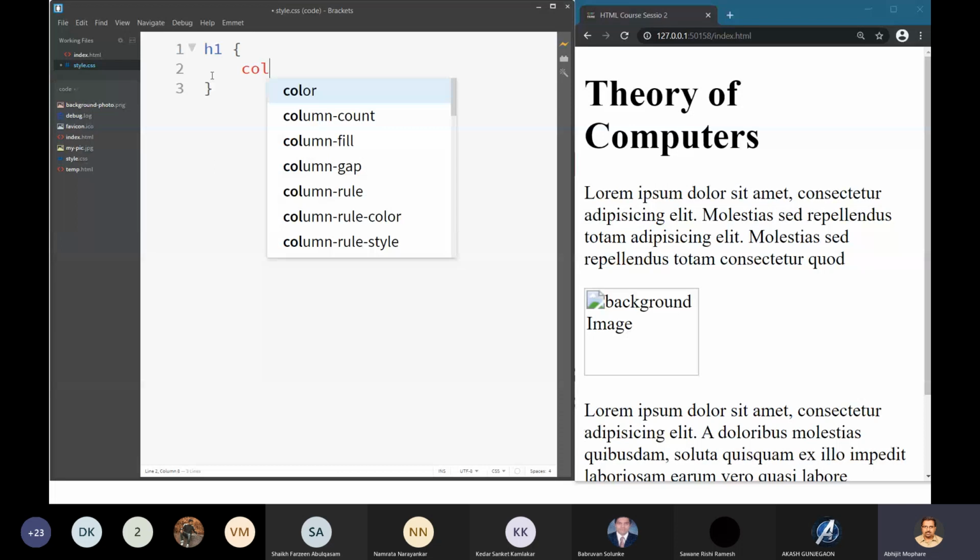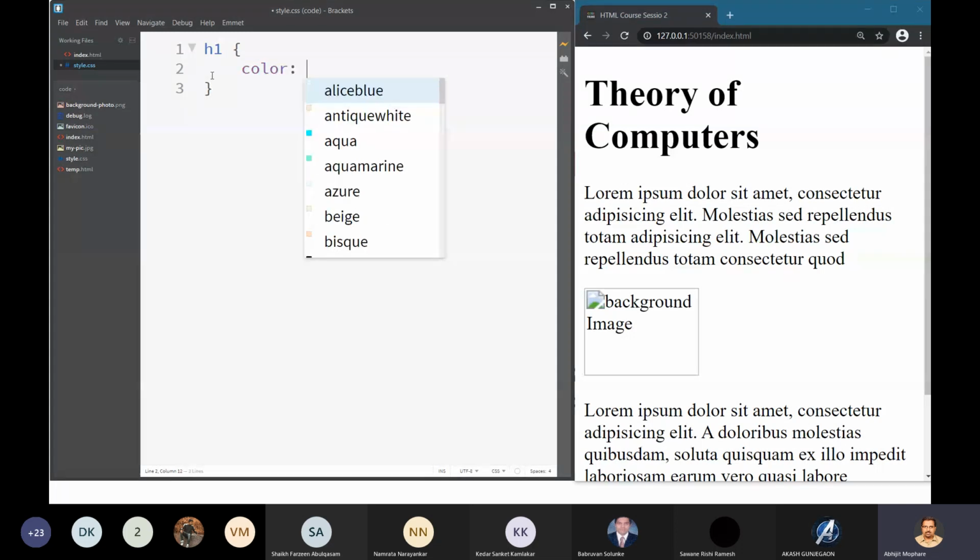ना मला हेडरचा मला color change करायचा. Obviously properties नाव काय असेल? It will be color. So you simply type color, and you will understand that there is a property called color. So obviously it will give color to that text, right? After that you will get various types of colors. So you can just browse through and select any one of the colors.